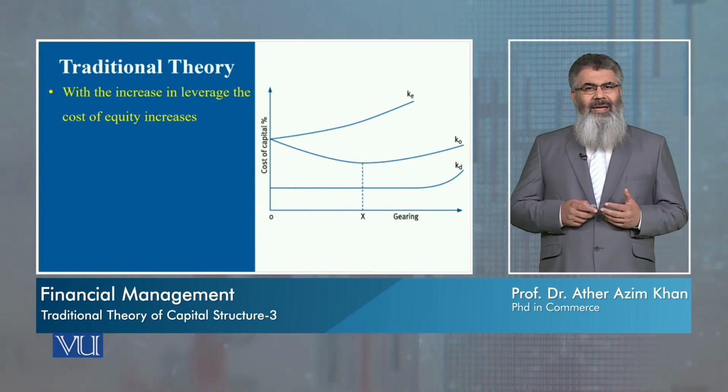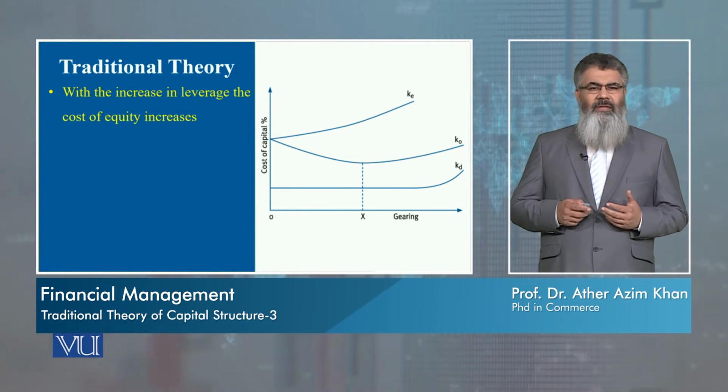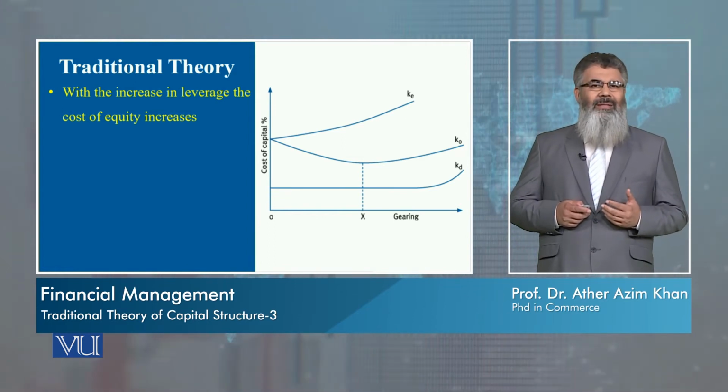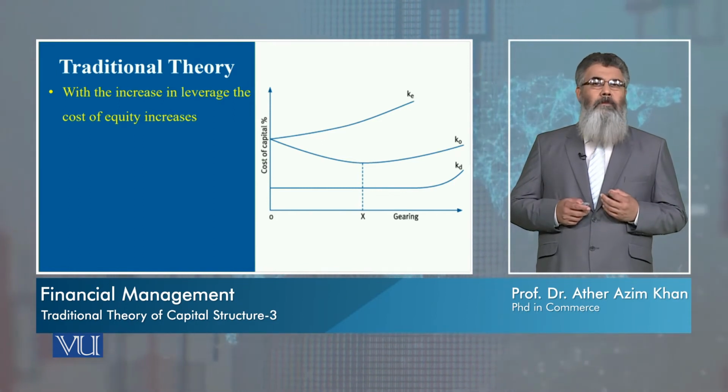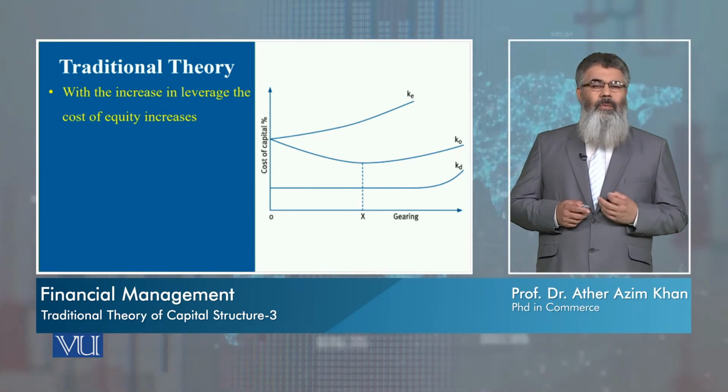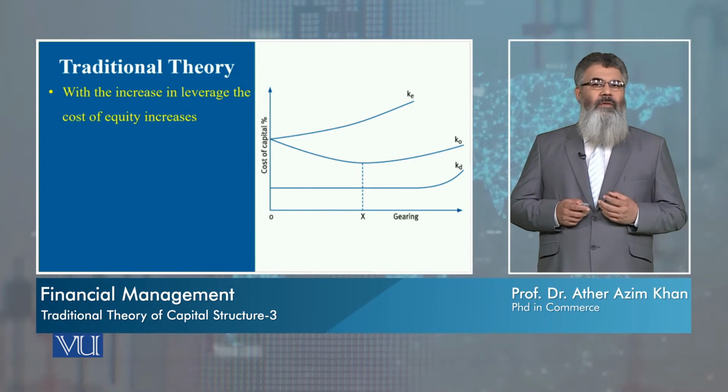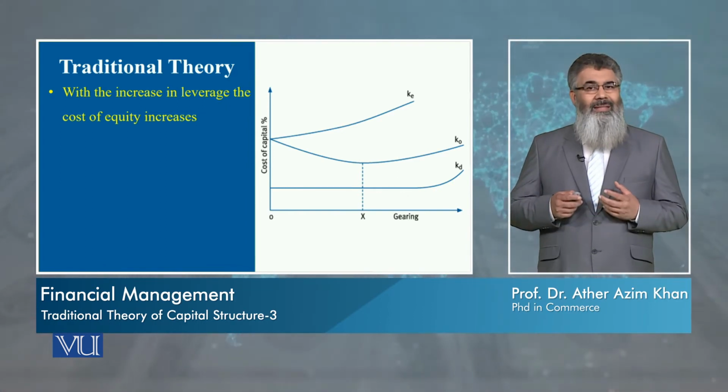So we can see that as the leverage is increasing, the cost of capital is decreasing, and at the point X, it becomes minimum. This is the point where the value of firm is maximum,